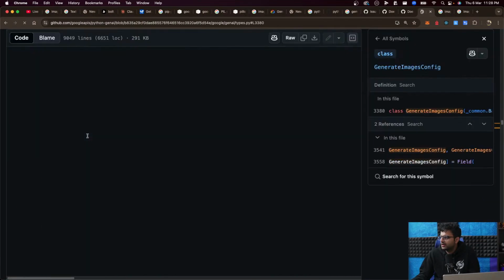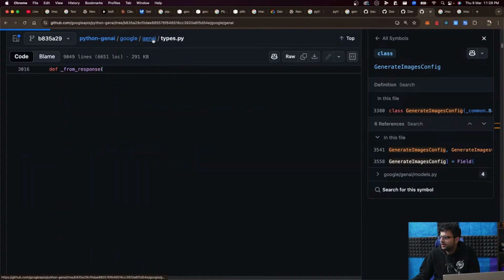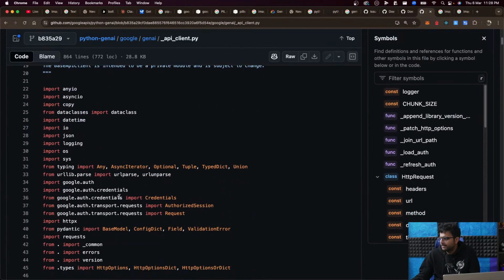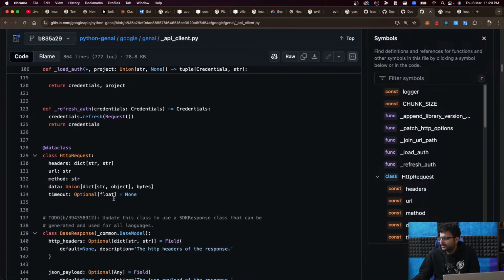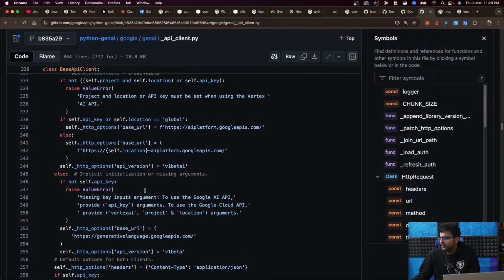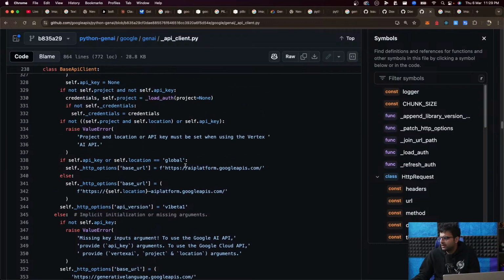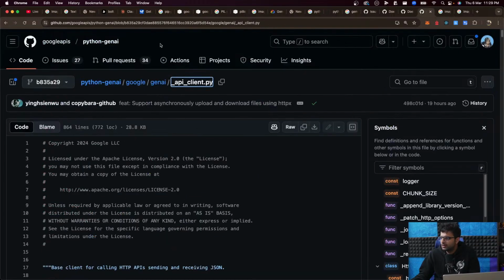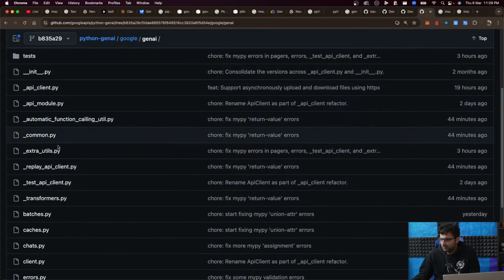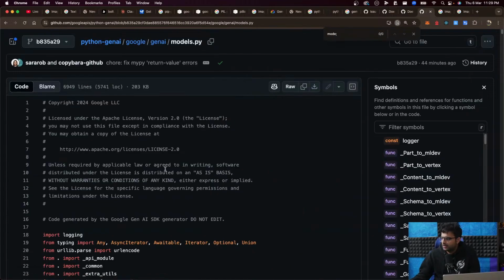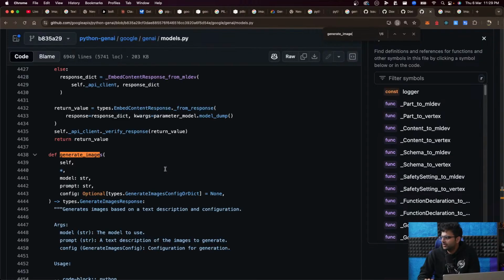All right. GenAI models.ts. Oh, there you go. API client. Load auth HTTP base API client. What's the GenAI models.py? Search for generate underscore images.